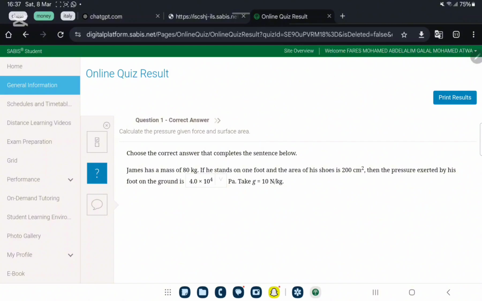James has a mass of 80 kilograms. When we're talking about pressure, you always convert to newtons. They gave you G is 10. For weight, W equals mg, m is 80, G is 10, so 800 newtons. And the area, he stands on 1 foot, and the area of his shoes is 200 centimeters squared. Again, we convert to meters squared, so we divide by 10,000. So it is 0.02,